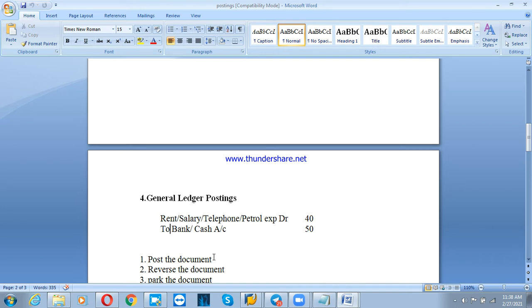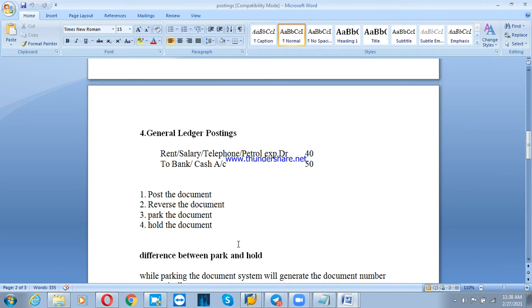Now, how to do the entry? In SAP, what are the entries we posted? That posted entry cannot be modified or deleted. Assume that if you make a wrong entry, then what is next? As I told you, after posting the entry we cannot make any changes, or delete that wrong entry either. But if you made a mistake, then what is the next step